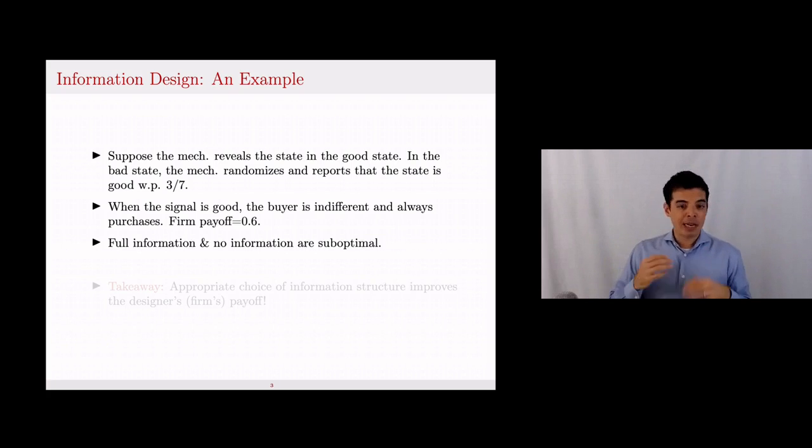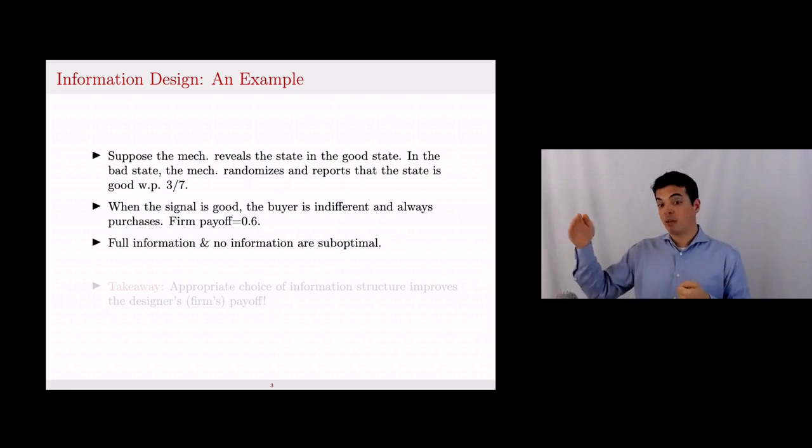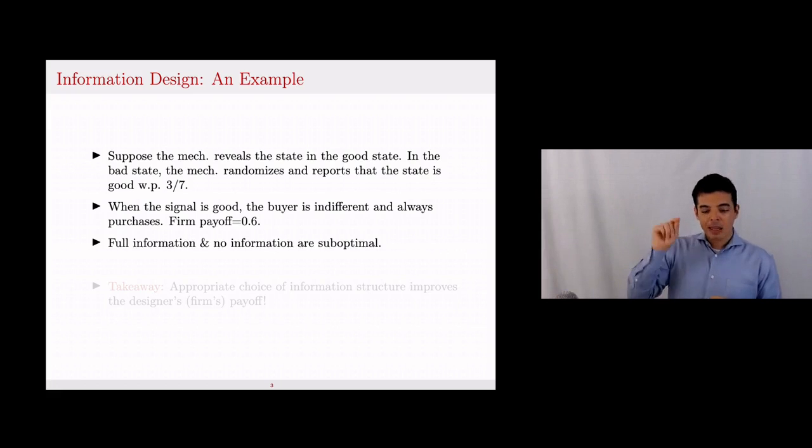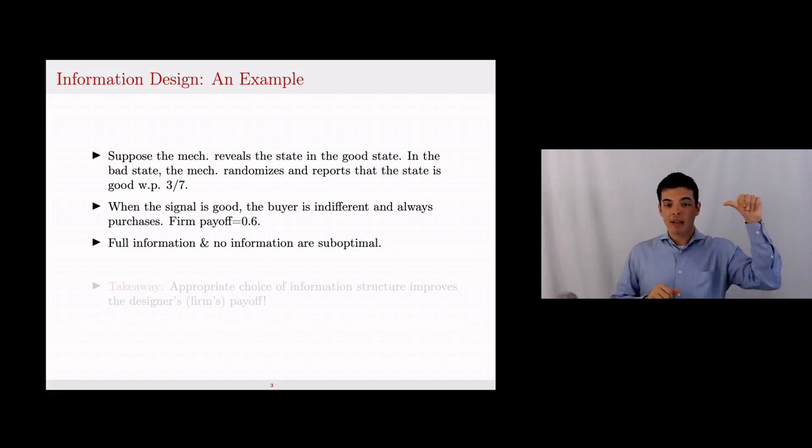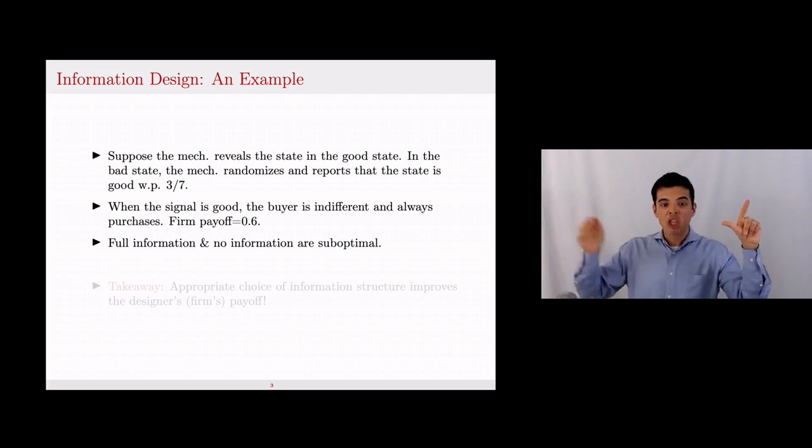Suppose that the firm adopts a mechanism, a trial, which reveals the state fully when it is good, and when the state is not good, when the match is of poor quality, then the mechanism reveals randomized signals, which suggest that the match is good with probability 3/7 and bad with probability 4/7. Note that in this setting, the buyer observes the bad signal only when the match is indeed bad, and the randomization device suggests that the match is bad, which happens with probability 4/7, conditional on the match